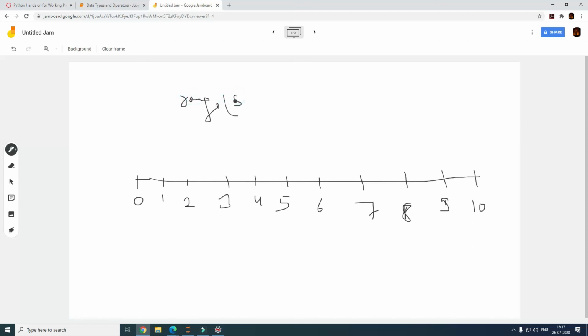right? The first one is the start number. The second one is the end number. And the third one is,